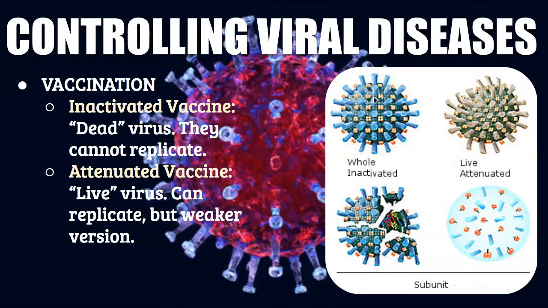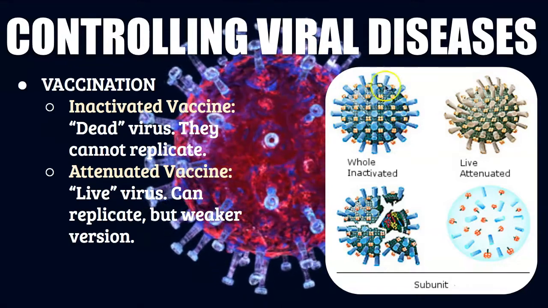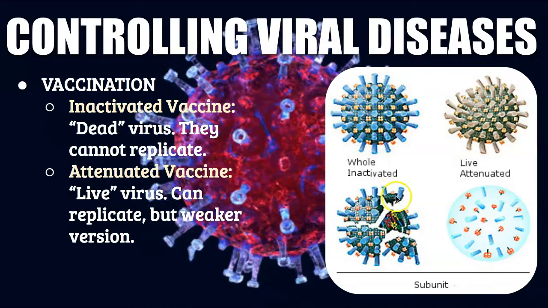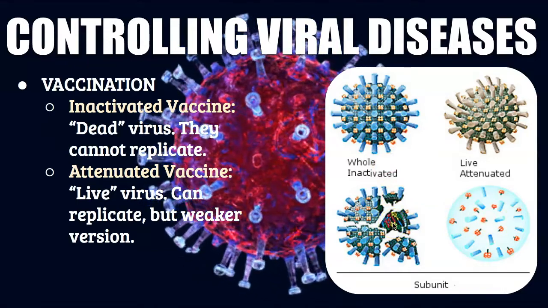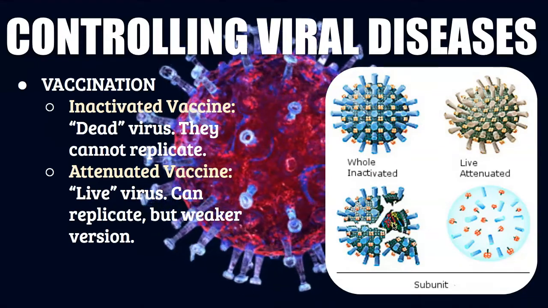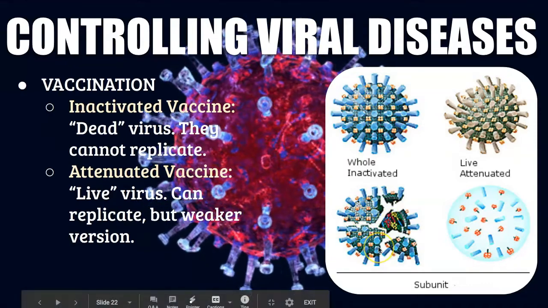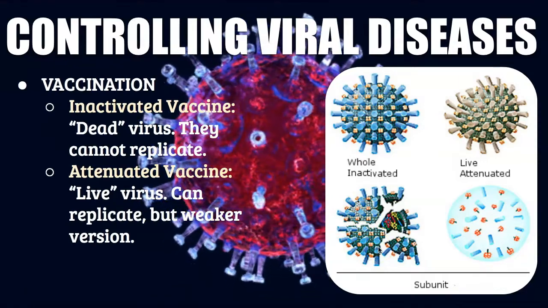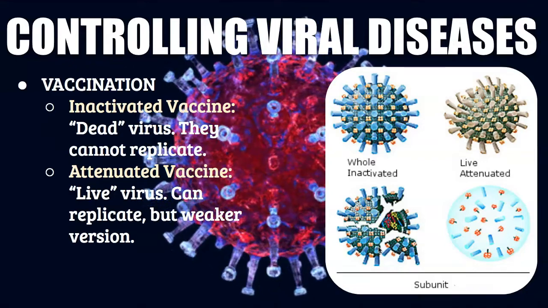And so an inactive vaccine can either be the whole virus that's there and it's dead, or they can be subunit inactive vaccines, which means we break up the virus into its basic components, just chop it up into a bunch of little pieces like we put it in the blender, and then that's the vaccine. It still allows your body to read all these different parts of the virus, but it's a safer method, you could say. However, there are some issues with that. It doesn't always work, and that's why we have attenuated vaccines as well.